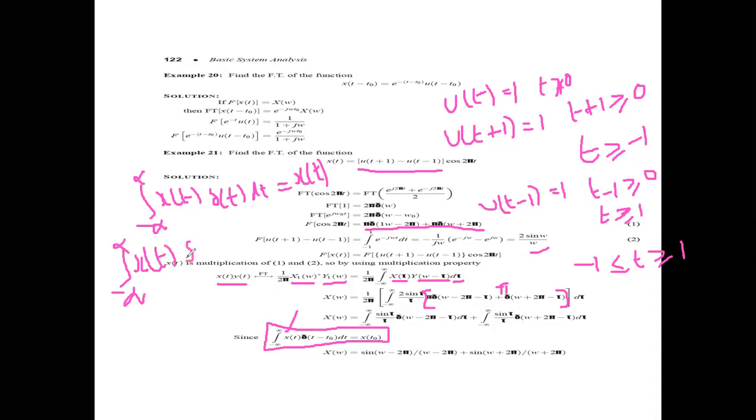Now this delta is shifted, whatever the value, let us take it as t naught. But we get x of t naught. Suppose it is t2, so it is x of t2. So using this property,